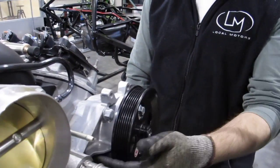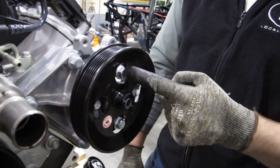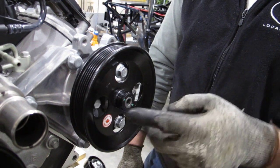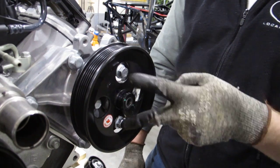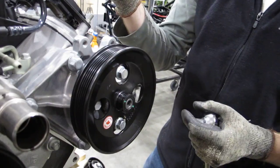Okay, we're installing the power steering pump, and the power steering pump slides inside the bracket that we just put on. When we slide it inside, it's going to be connected by 3 bolts. One goes in the top, one goes in the bottom, and one goes in the left side. The 2 on the top and the bottom are the same size and are applied with a 15 millimeter,